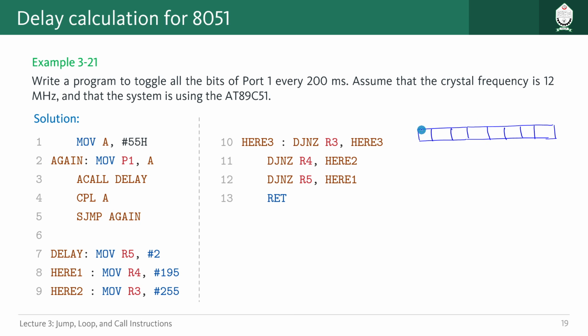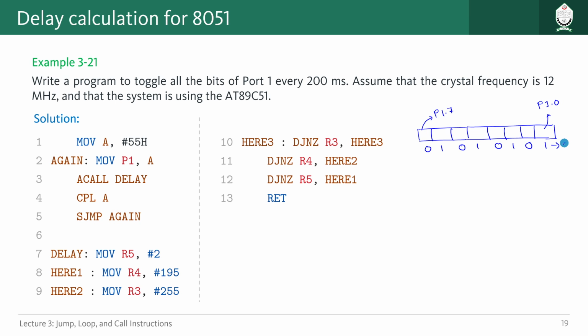So basically if I say this is P1.7, then this is P1.0, right? And toggling means maybe we can start with the value 0 1 0 1 0 1 0 1,